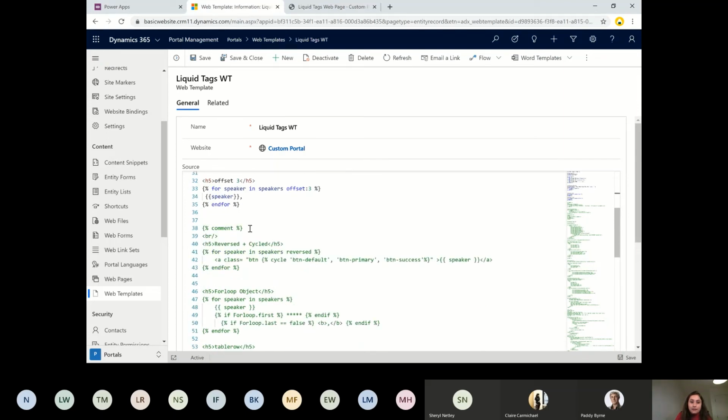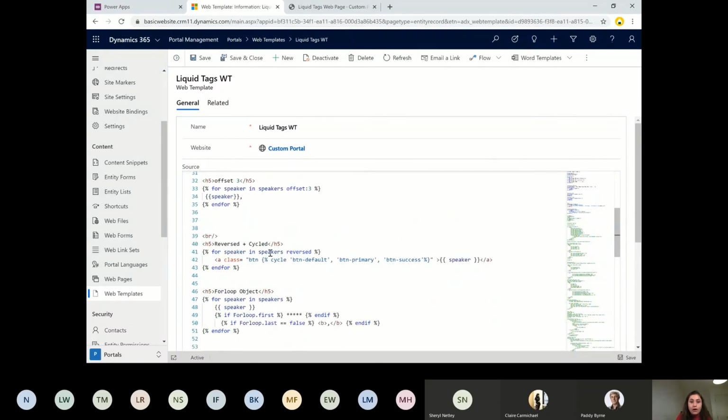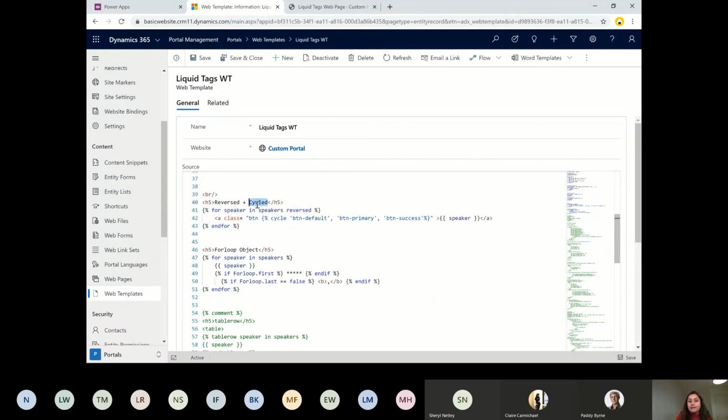And let's see something different now. So if I go here, I'll show you how the reverse and the cycle work. What I'm going to do is, if you see speaker and speakers, I'm just using the keyword called reverse. What does that mean? All the values in the array in the for loop are going to be reversed and then shown. Now what is the cycle here? It's just a CSS class that I'm using for look and feel.